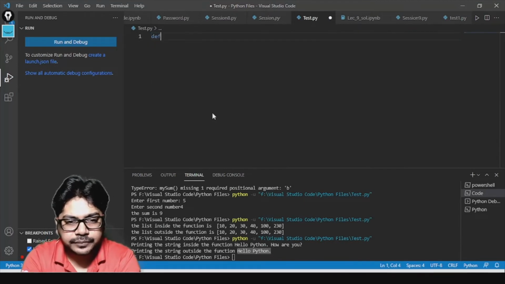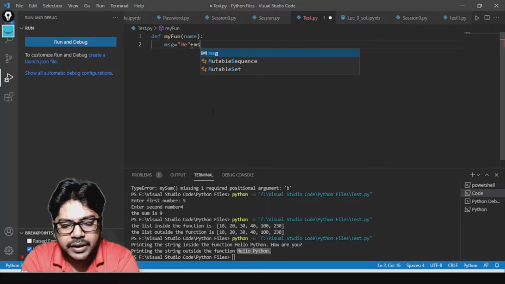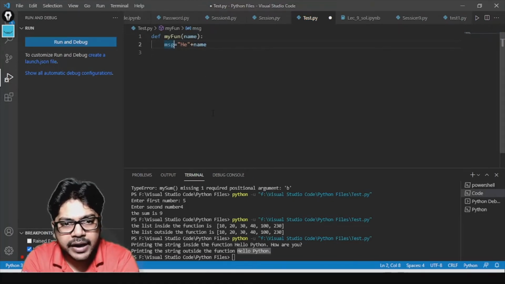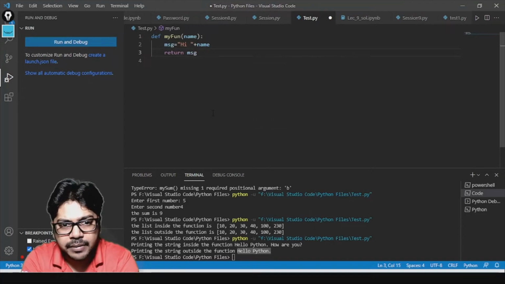So here, def keyword, myfun. My function has a parameter called name, and I am creating a message equal to hi, and then I am writing plus name. I am adding both of them, and then I'm going to return, not print, return message from here.